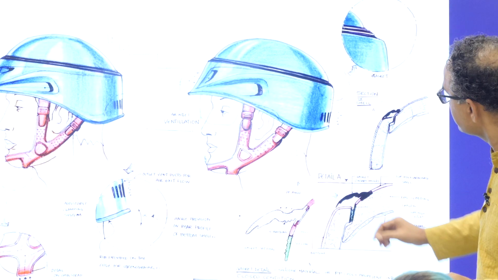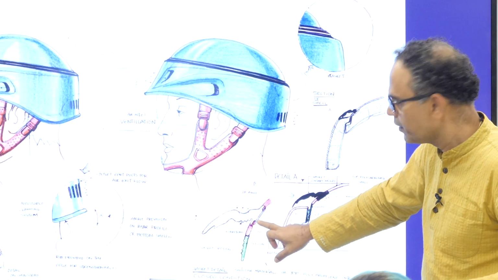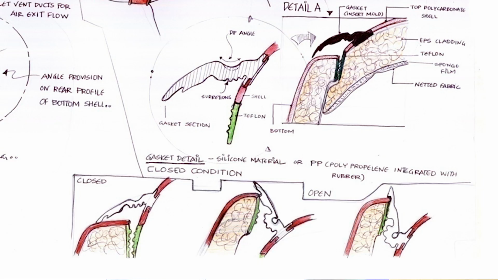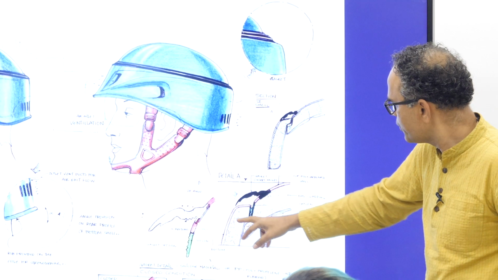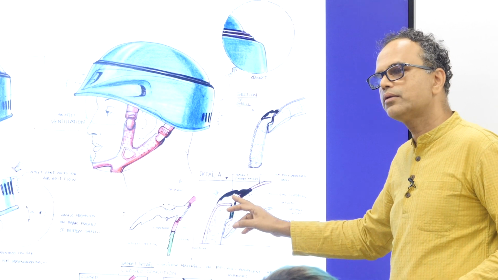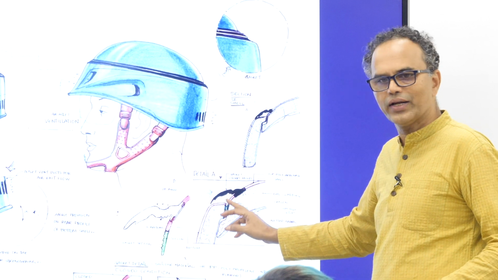Then you also have this very interesting rubber. This rubber is very important, right? Because if it's raining, the water should not go in, but it should also collapse and open up. So the rubber detailing is very critical. So these are the initial sketches of the rubber detailing. When the helmet goes in, how will the rubber become straight and let the helmet go in? And when you push it out, how will the rubber block the gap? So this is a very large piece of work, and we nearly spent 3 months working on this one detail.